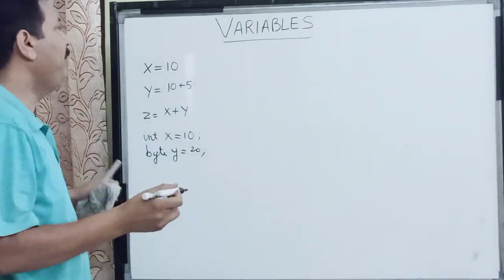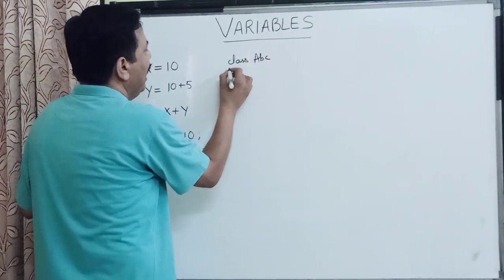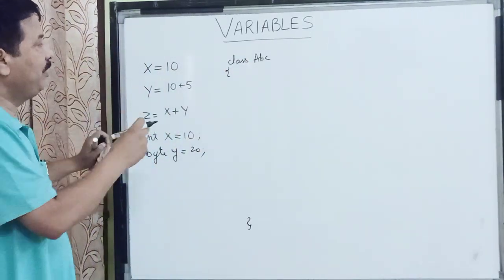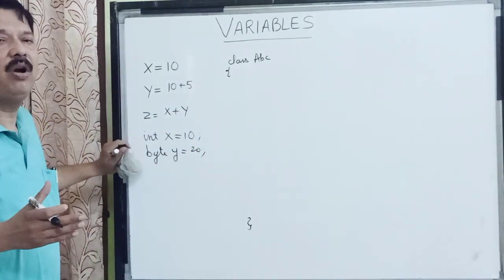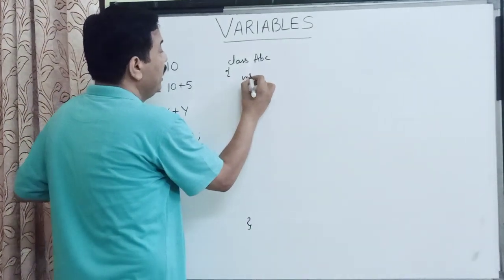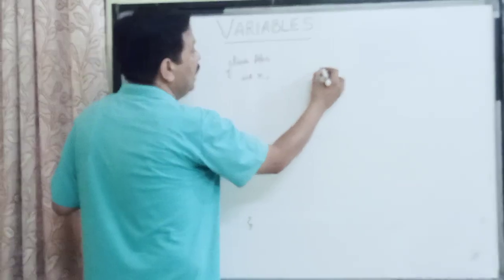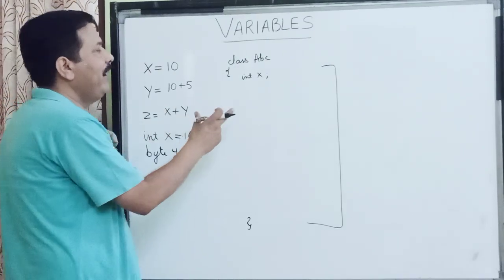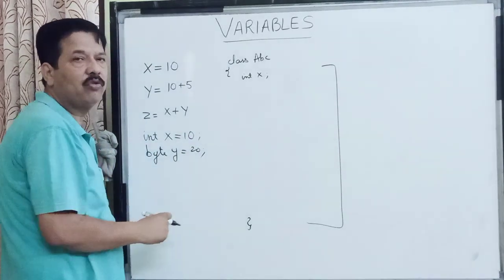So when we'll be writing Java programs, children, we write a Java program in a class. Say I have written a class ABC and this is the scope of the class. So all the statements written within these two pair of braces will be called the statements of a class. Anything which I declare, not initialize, anything which I declare in a class is available to me in this entire class. So this is called the scope of the variable. If I declare a variable in a class, that variable is available to me within the whole class. That is called its scope.